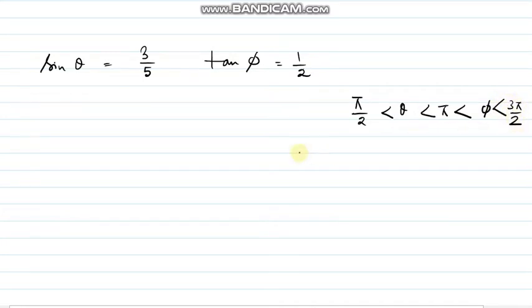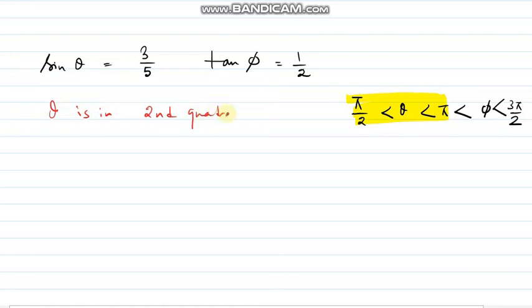So what is the meaning of this part? If I separate this part in two cases, this is the first case. So what is the meaning of this first part? That theta is in between pi by 2 and pi. That means from there can I conclude that theta is in second quadrant.